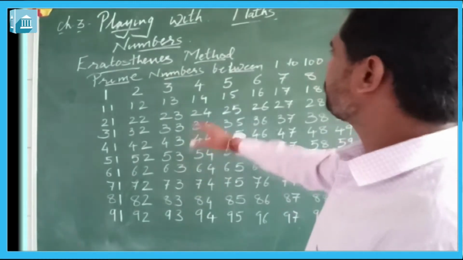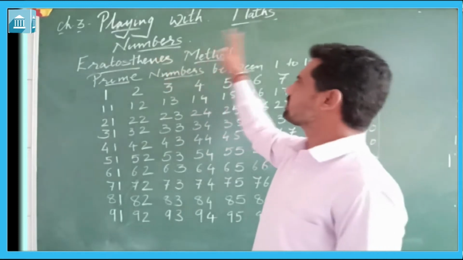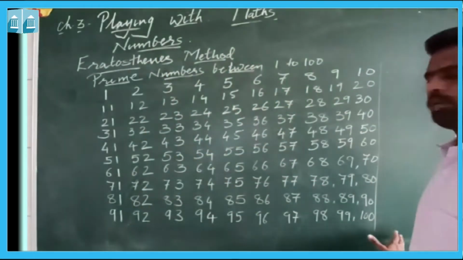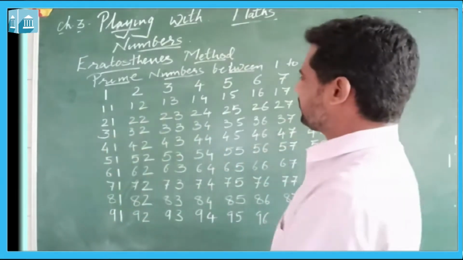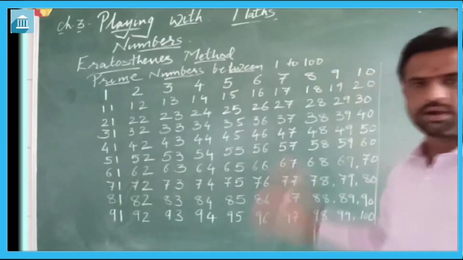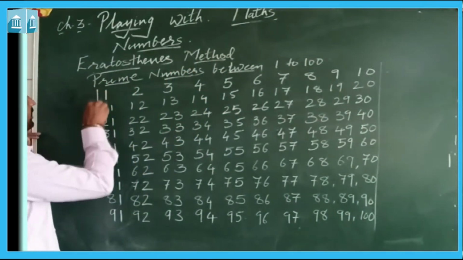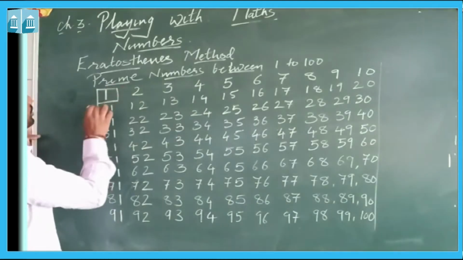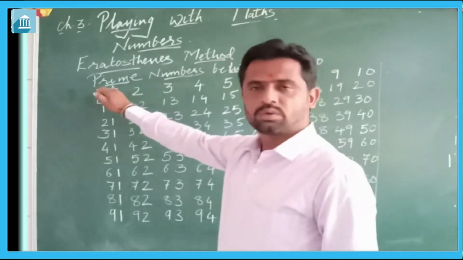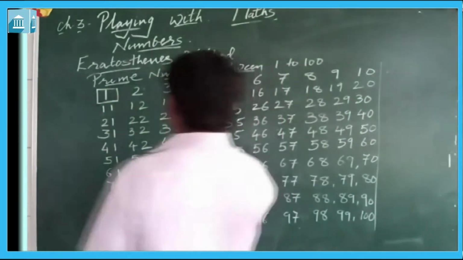Now let us find out prime numbers between 1 to 100 by the Eratosthenes method. Here I have written numbers 1 to 100. As we all now know that 1 is a special number, it is neither prime nor composite. So make a square around 1. Now 2 is a prime number,